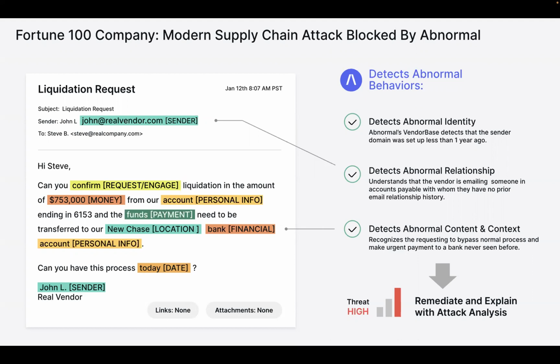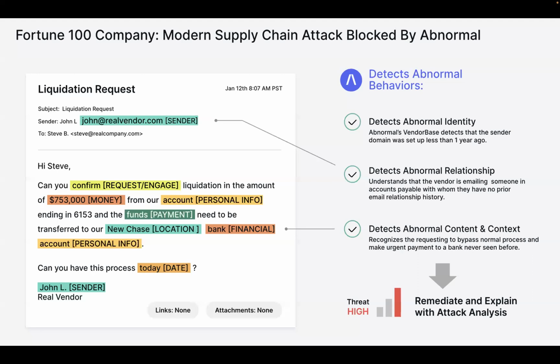Or maybe it raises a variety of flags, right? So in this particular scenario, natural language processing is saying there's a financial request, there's a sense of urgency, right? Can we get it done today or as soon as possible, anything like that? And there's a large amount of money where they're trying to get some sort of fraud or redirection to a new account. The idea with us is that we're bringing behavior analysis and contextual data, looking at 65,000 plus signals per message to come down with a verdict that says, without a doubt, this particular request is something we've never seen before. The financial or banking details are unusual for this particular vendor or company.